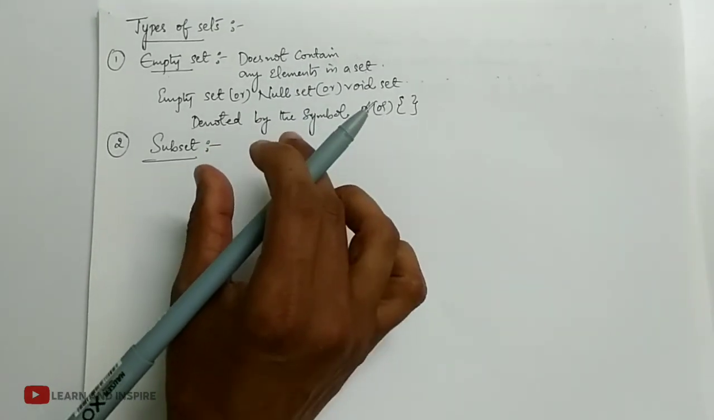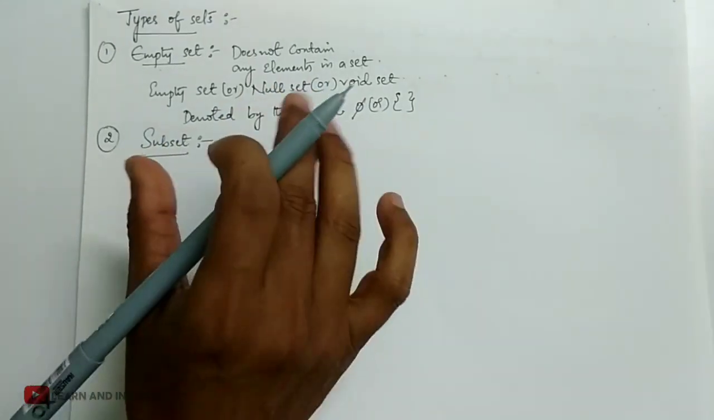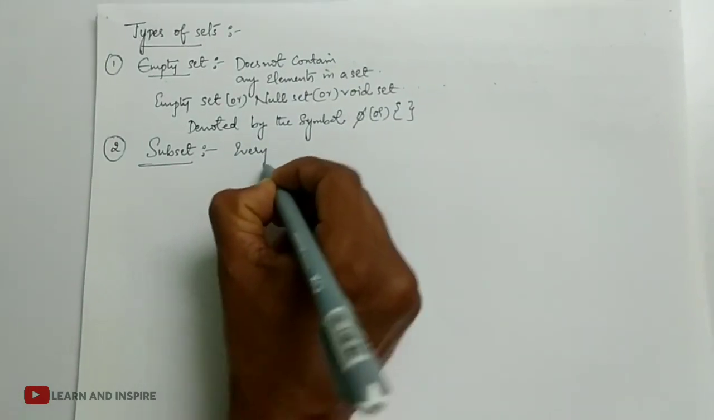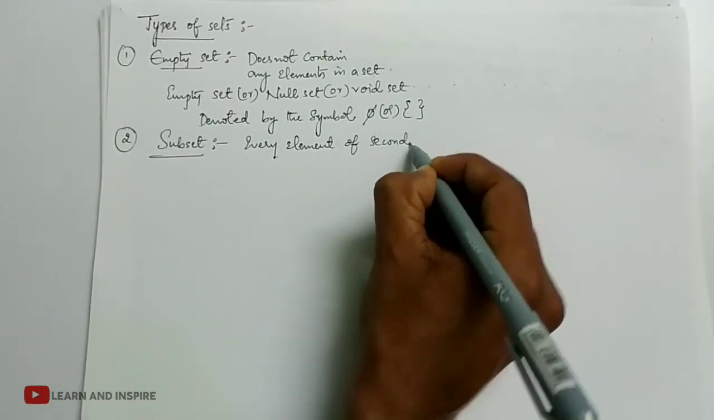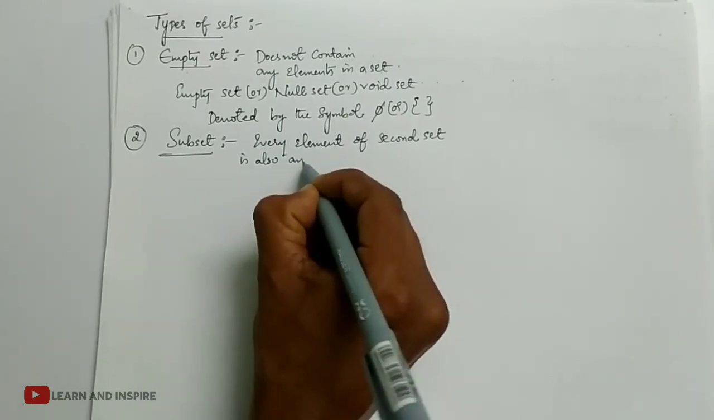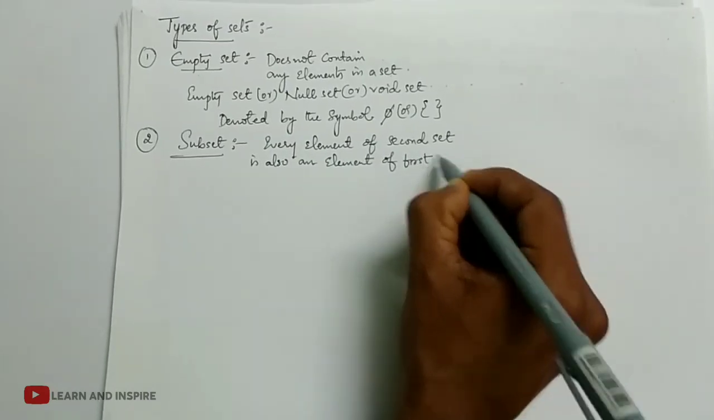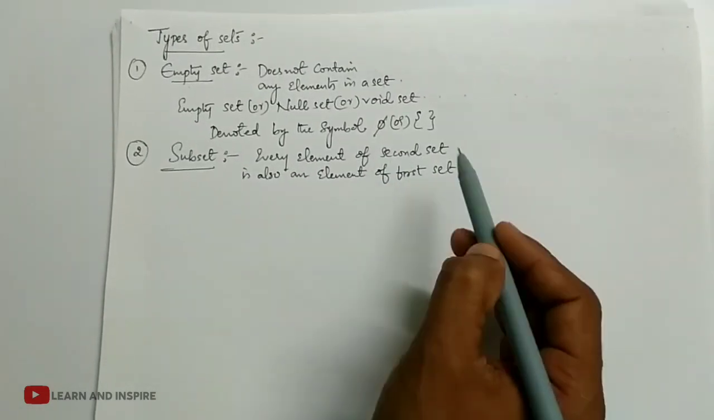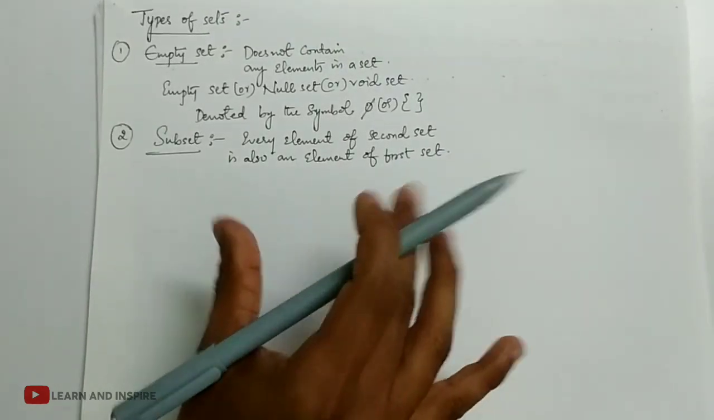If every element of the second set is also an element in the first set. Okay, every element of the second set is also an element of the first set. So understood this definition? Every element, that means all the elements of the second set, is also an element of the first set, is called